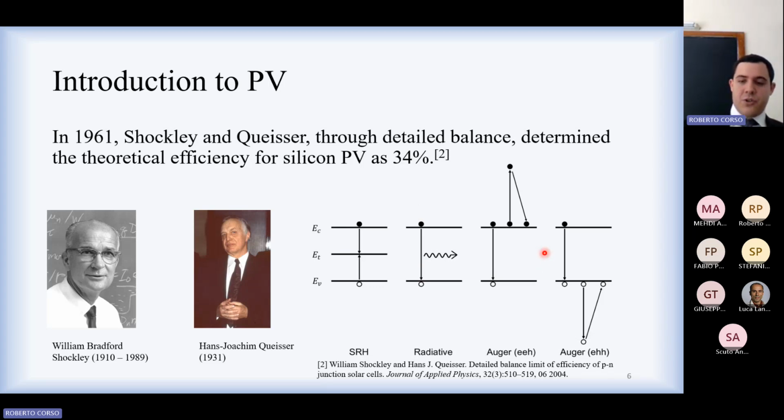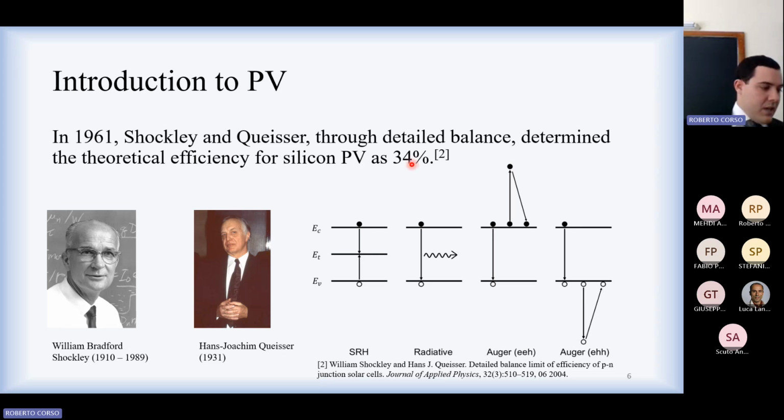And lastly, the Auger recombination, in which the energy derived from the recombination of an electron-hole pair is absorbed by another excited carrier and is then lost via thermalization in the semiconductor lattice, basically. With this hypothesis, Shockley and Queisser derived the highest possible efficiency for a silicon solar cell, that is close to